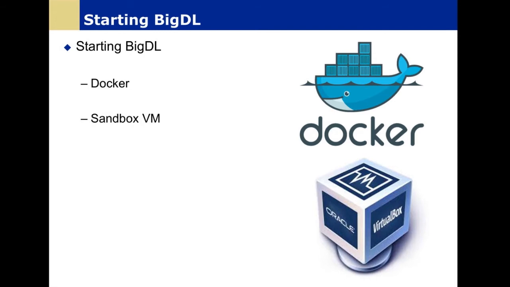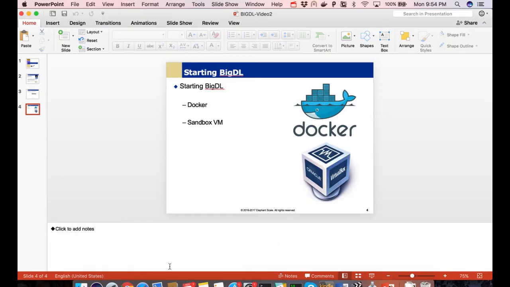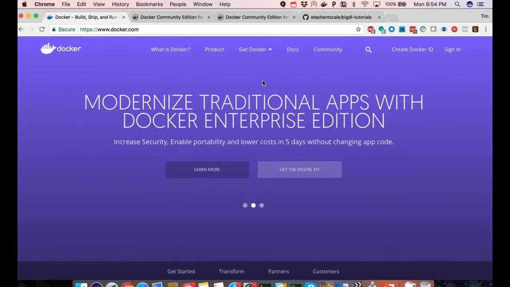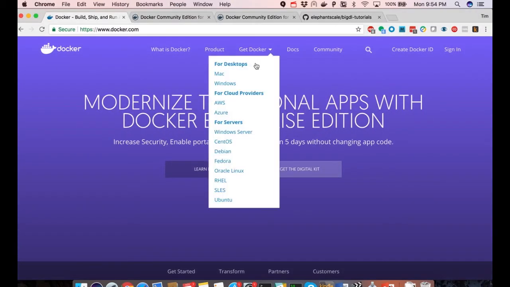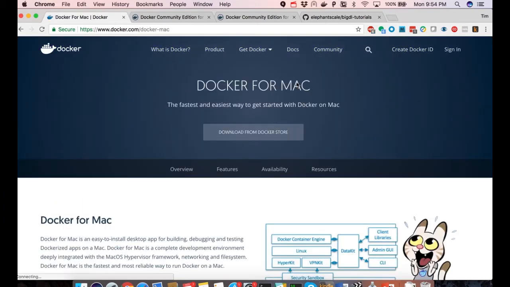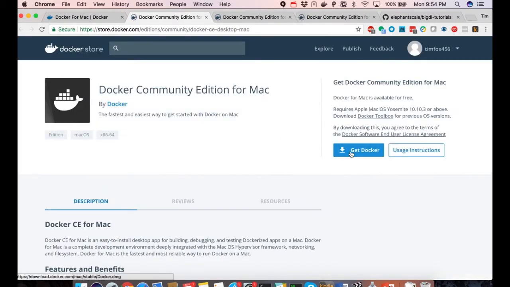So proceeding ahead with Docker, let's first ensure that we have Docker downloaded and installed on our local system. Now, I'm running a Mac, which means I'm going to go to the docker.com site, click on Mac, download that from the Docker store, and click on Get Docker.